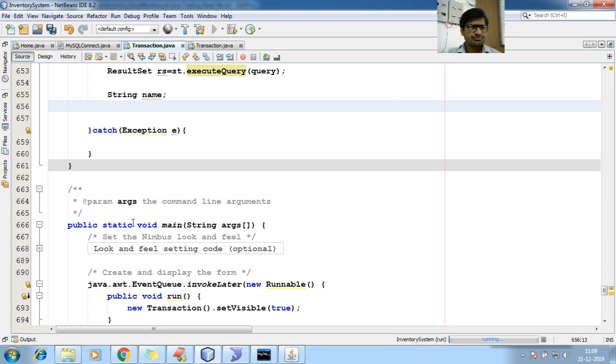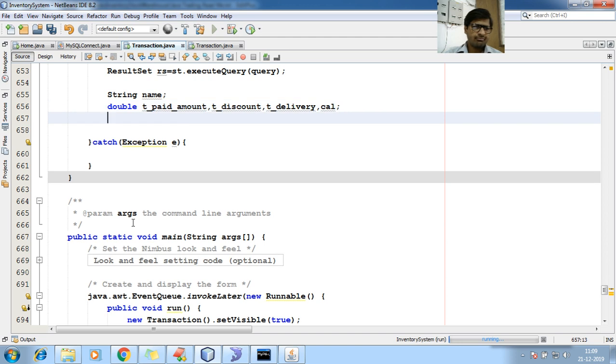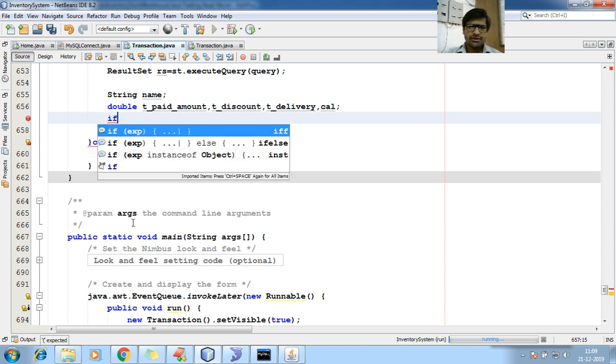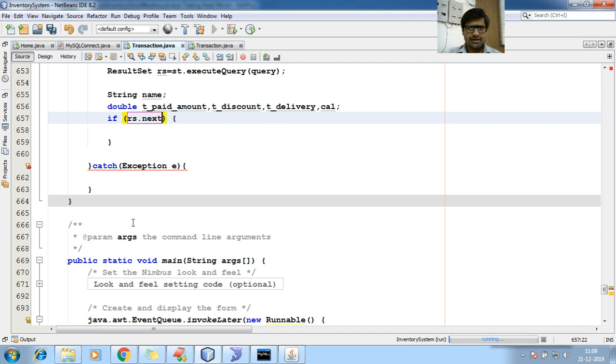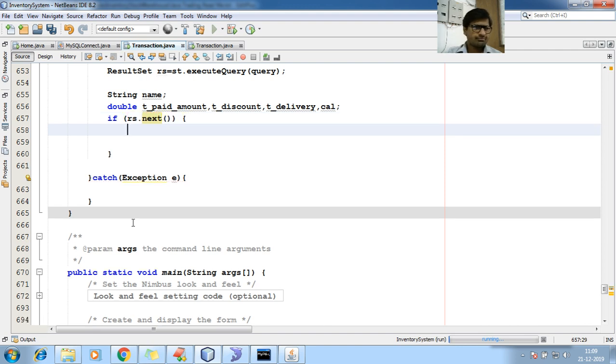Then let me create some variables: total amount paid, total paid amount, total discount, total delivery, total calculation. If rs dot next of, then